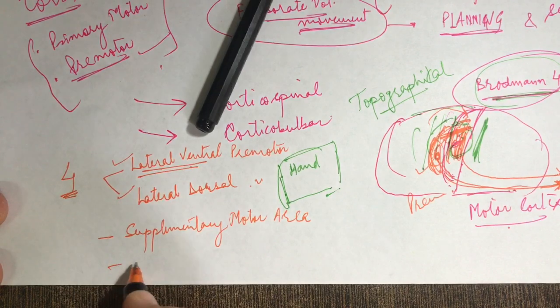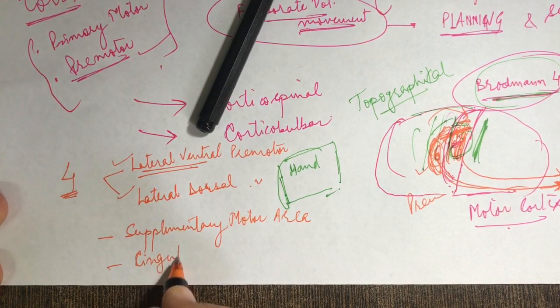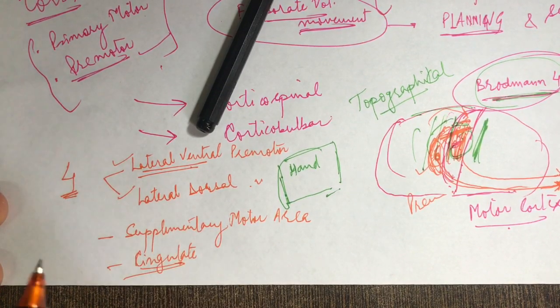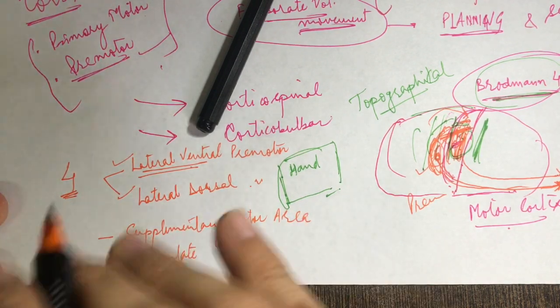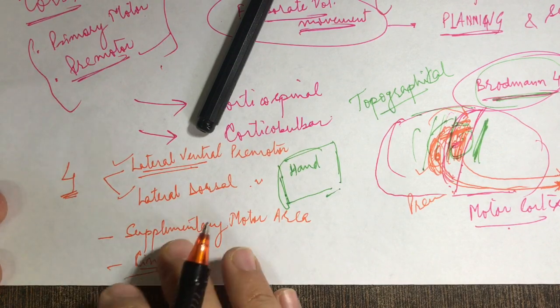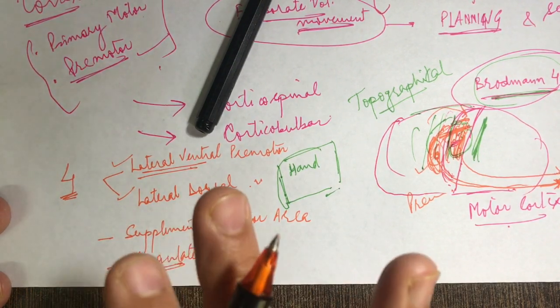And the other one is cingulate, just cingulate, because it is located along the cingulate gyrus, on the border of the cingulate sulcus. Okay, now each cortical motor area,